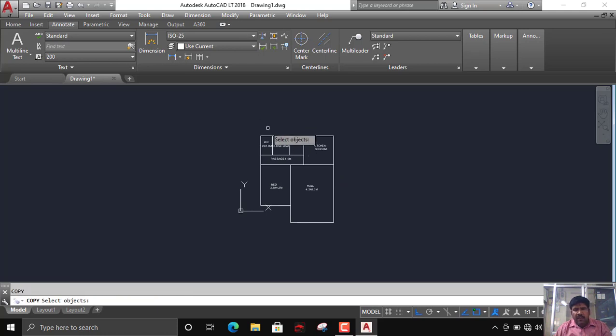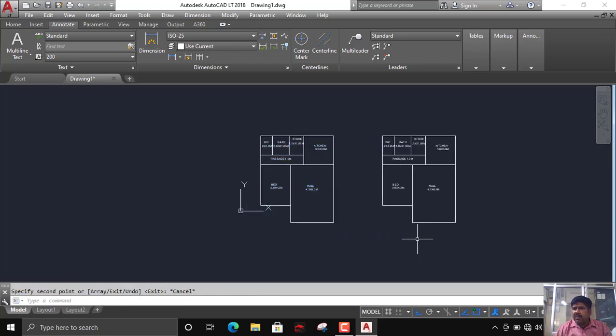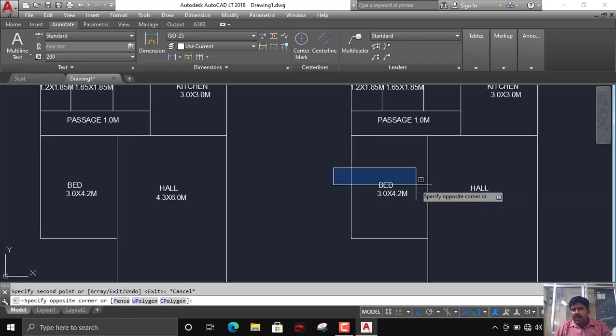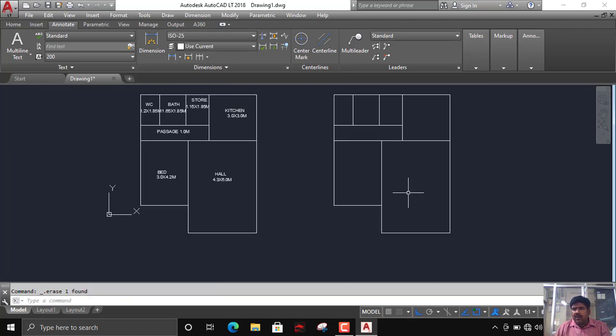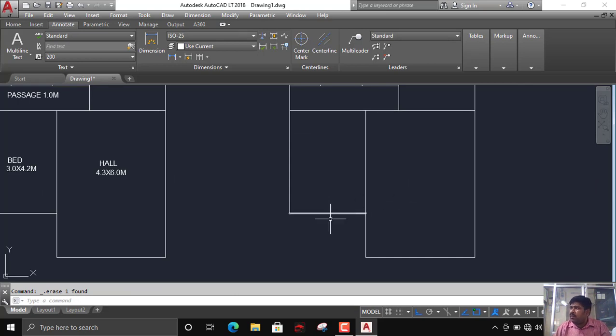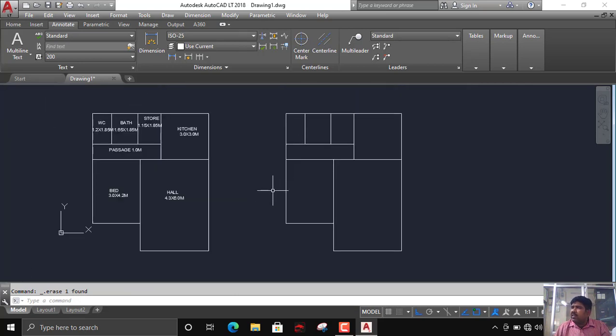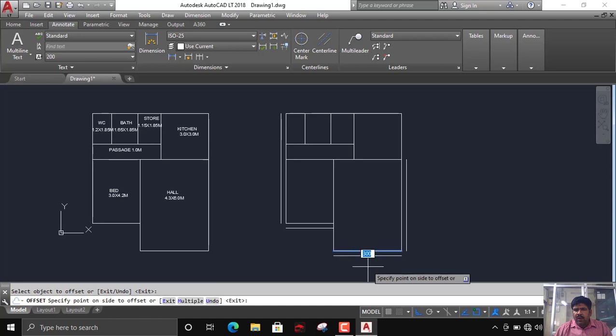So what I will do, I will just copy this and keep it aside. I am not disturbing this. These are my dimensions. I will just copy this. I will remove all the text. I will tackle one by one. So wall thickness, my outside wall thickness is 300. I will take an offset of 300. I will offset this outside. This is one wall thickness of 300. Offset 300. I will take the offset here. The outside wall I will tackle first, which will not disturb me.